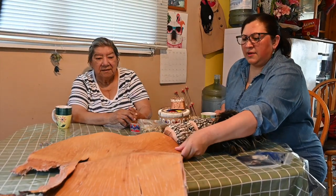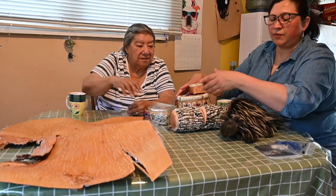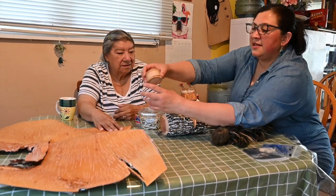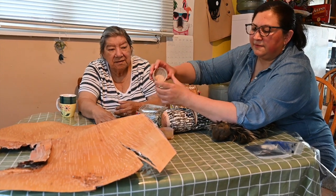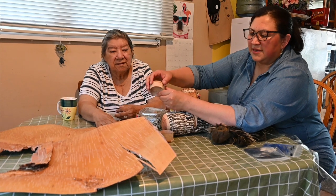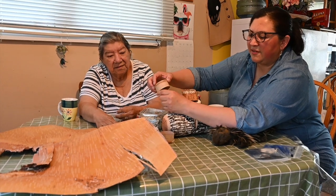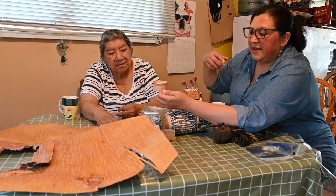When you're making quill boxes, you have to cut 3 of everything because you're going to need a liner. But the 2 pieces that you use constructing your quill box, normally you need one where the lines are going up one way and then horizontal on the outside. But it's up to you. If you want to, you can go reverse. You can have your lines on the inside and on the outside going up and down. They have to go